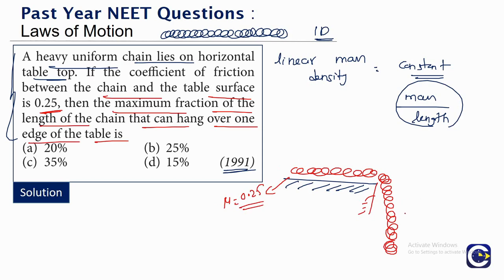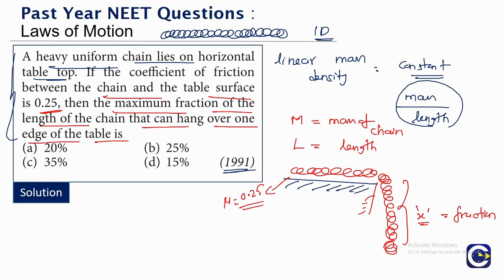So here what we will start with is, what do you mean by this condition of maximum fraction of the chain that is hanging? Here, if you consider capital M as the total mass of the chain and capital L as the length, and x is the fraction that is hanging, then the mass of this particular part will be x into capital M, because if the total mass is M and x is the fraction of the chain that is hanging, the mass of that portion will be